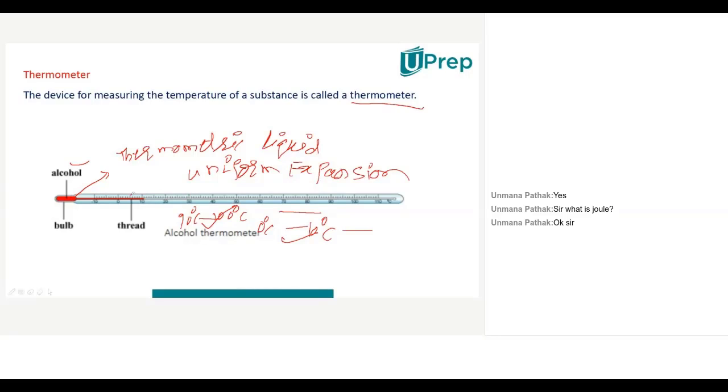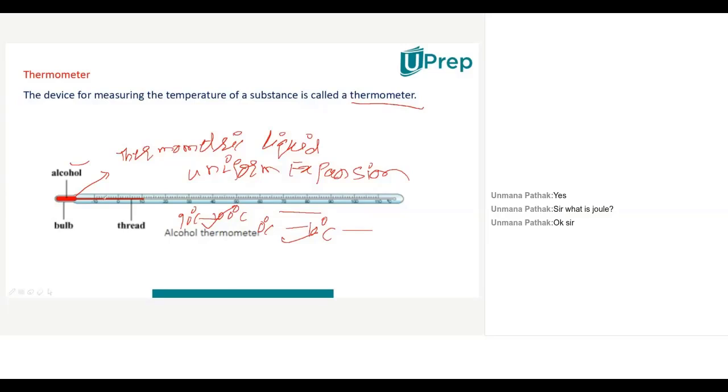Similarly, mercury is a liquid metal, and it has some shininess, and because of that you can recognize the temperature easily. So because of these reasons, generally mercury will be chosen